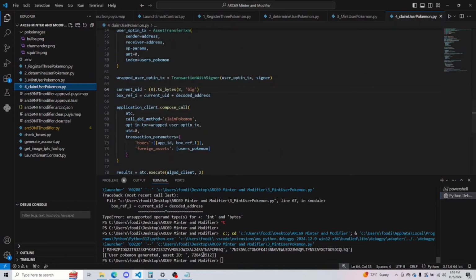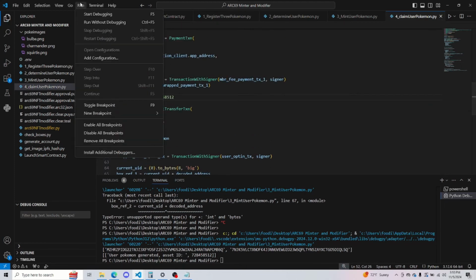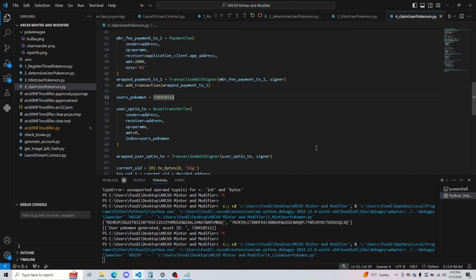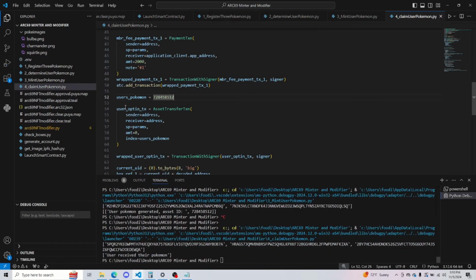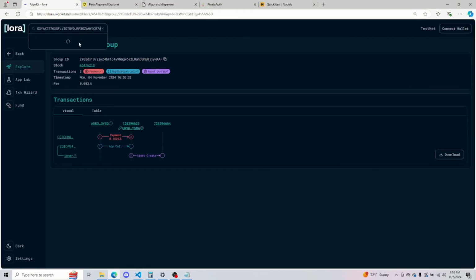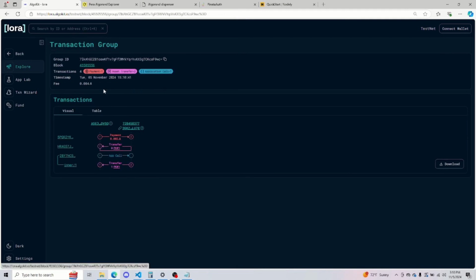And we now have our new asset ID. It's going to go up here. And finally, we're getting our Pokemon. User received their Pokemon. And we can see here that we paid for the transaction fee. It sent us the Pokemon, or actually we opted into the Pokemon. We made the app call to have the app send us the Pokemon. And if we look at our Pokemon,